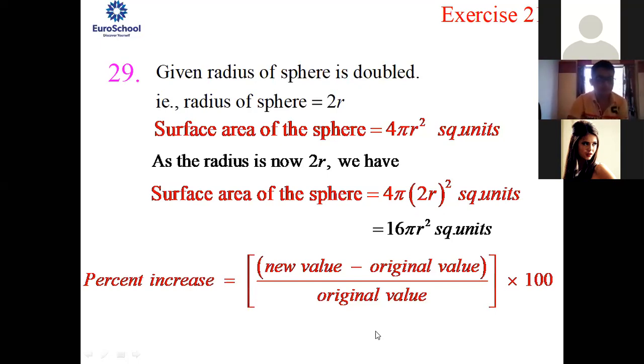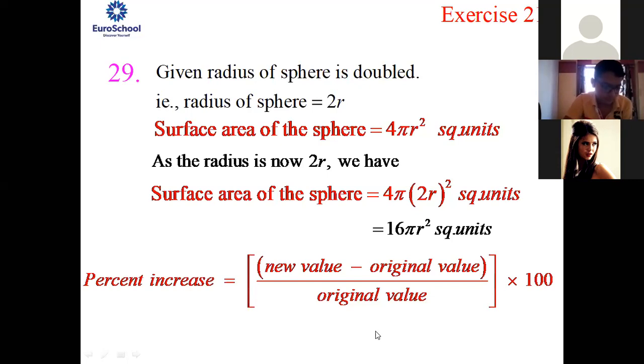Papers, file, whatever, but please make sure that you have a formula note or papers separately in which you write down all the formulas, even the small formulas. See the volume, curved surface area, total surface area, all those will be the main formulas in this unit. But the conversions which come in between are also very important, right? If you make mistakes in that, it will make the whole question wrong. So even those small things you can write down.